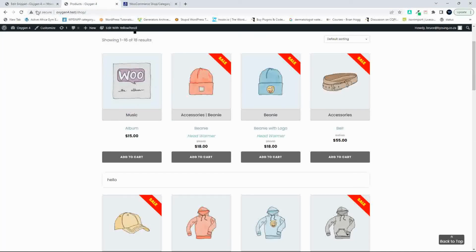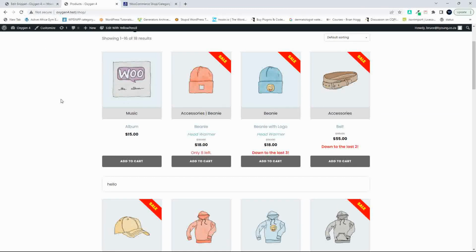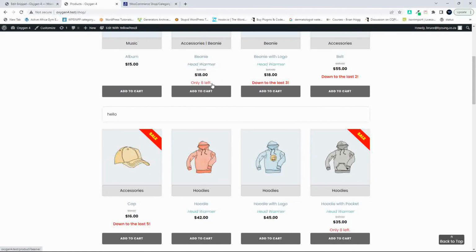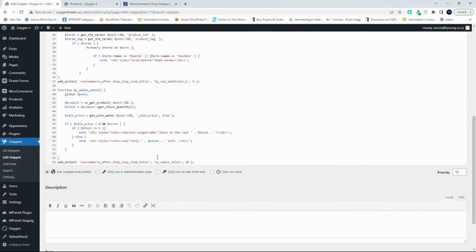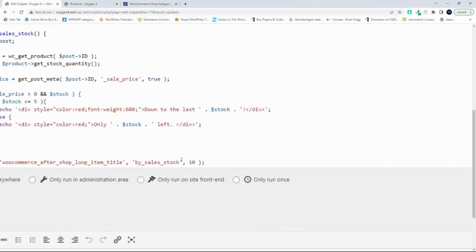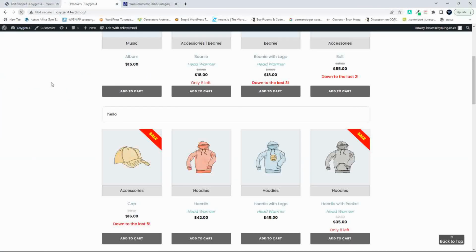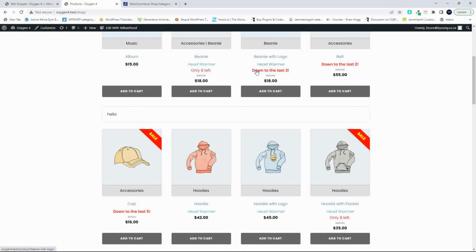Right. Now when we have a look at the website and I refresh, you'll see that we have the correct message, but it's in the wrong position. It's too low down. I want it above the price. So to change the position, quite easy then, head down here and I'm going to change that then to 5. And now when I go back and I refresh, you'll see that that has moved up to just above the price. So the nice thing now is that we have only 8 left down to the last 3,